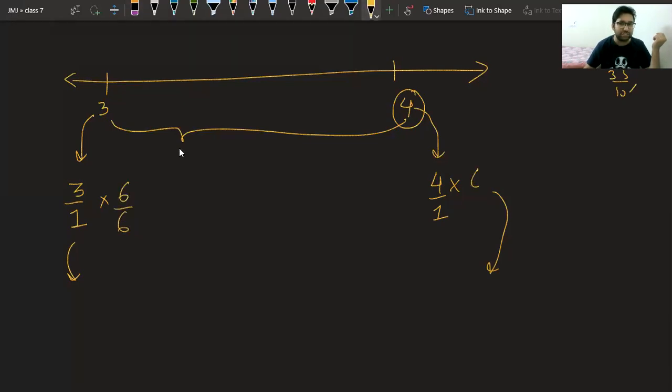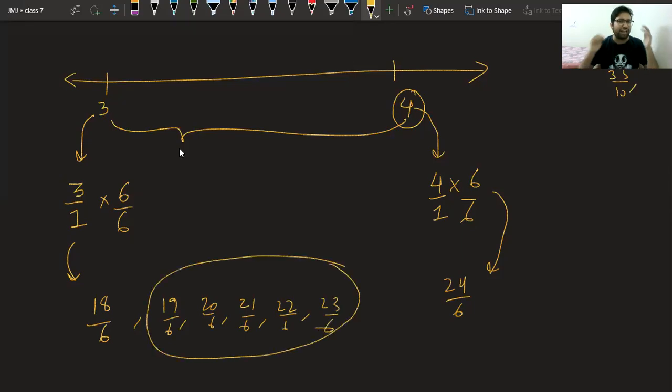So let us go with your method, 6 by 6. In case you go with 6 by 6, the equivalent fractions will be 3 sixes are 18 upon 6 and 24 by 6. Now let's see, 19 by 6, very easy. Then we have 20 by 6, 21 by 6, 22 by 6, 23 by 6. So we have got the 5 numbers very easily. No need to write the other ones. Just write this answer and you are done. Is it clear to everyone? Please confirm.